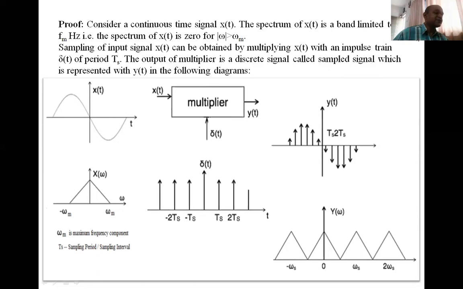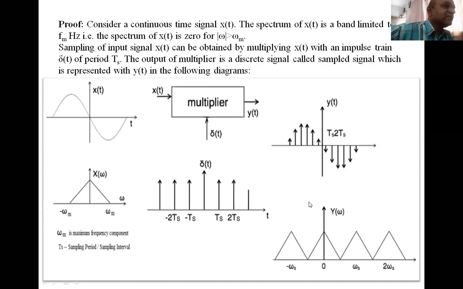y of t is equal to x of t multiplied with the periodic impulse train delta of t, and now we are interested in obtaining the spectrum of the sampled signal. This means we are having y of t and we want to have its Fourier transform as Y of omega. We also know that y of t is equal to the message signal multiplied with the periodic signal delta of t. Now here how will you find